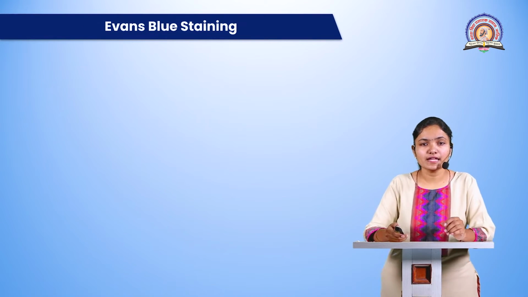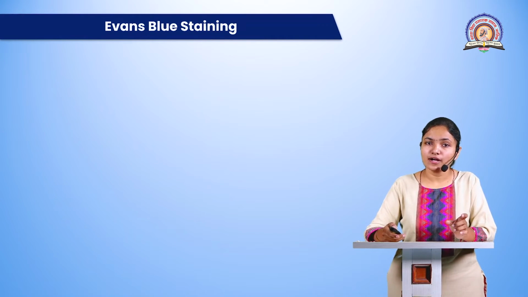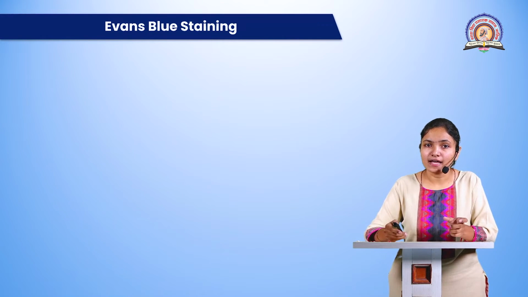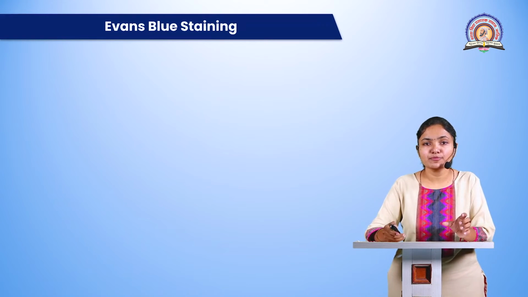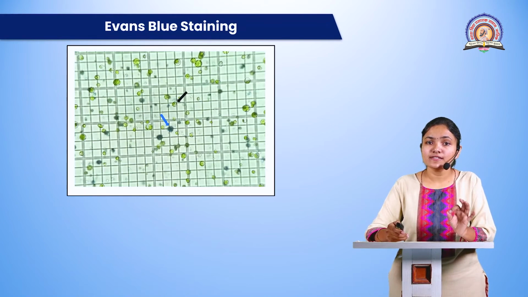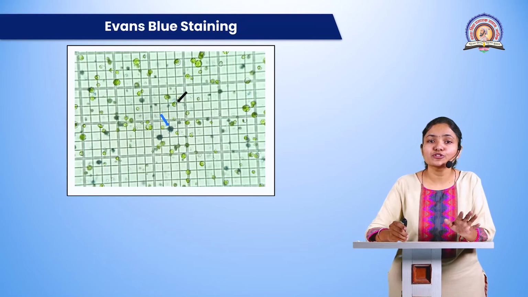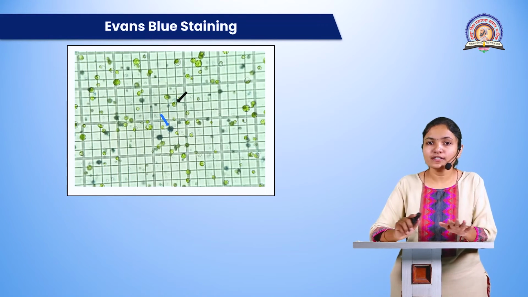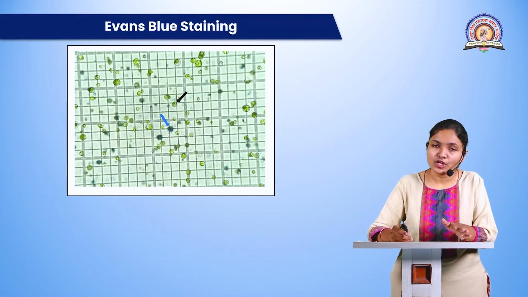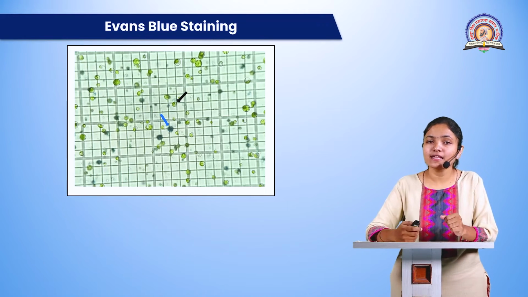The last method here is the Evan's blue staining. So again here we will use a dye called Evan's blue dye. Let me tell you, this dye acts similarly to the trypan blue dye. Means what? In a suspension you will have protoplasts which are dead as well as protoplasts which are alive. So when you add some amount of Evan's blue dye into the suspension of protoplasts, all those protoplasts which are alive will not take up the Evan's blue dye, but all the protoplasts which are dead will accumulate the stain inside,